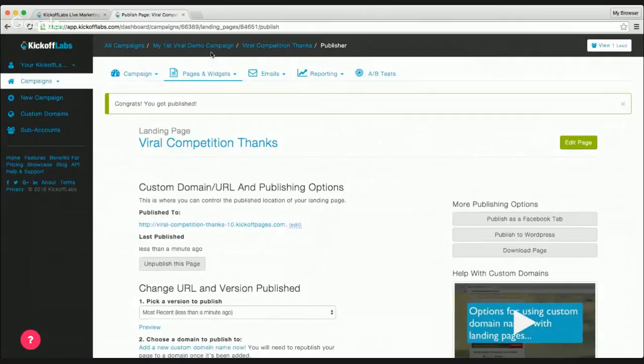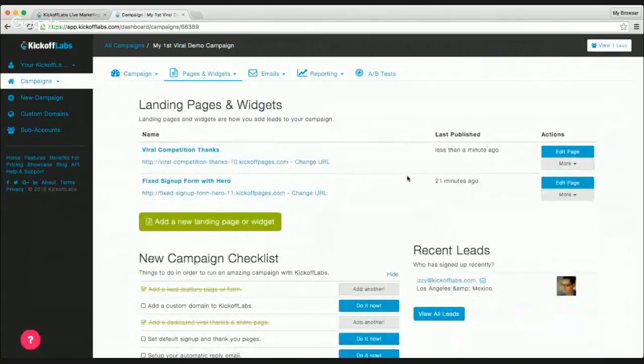So there are two ways to actually connect this thank you page to my sign up page. I could do so directly from the page designer. So you saw from the thanks tab on the left hand side, I can use the built-in thank you message or use this thank you page. Or I could do it globally, on a campaign level. So let's say I was going to add another form later on, or a bounce exit intent widget later on. I wouldn't need to update the thank you page for those.